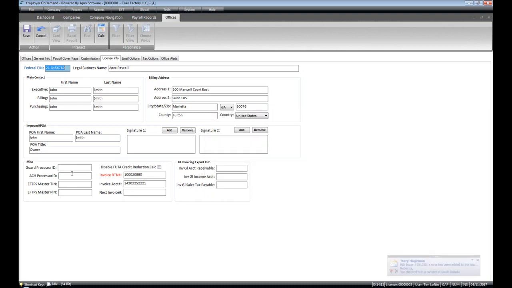When they're uploading those payments, those two pieces of information need to be in that payment file. So this is where the information goes so that it is included in the payment file. In the next column, you have your disable FUTA credit reduction. What FUTA credit reduction relates to is